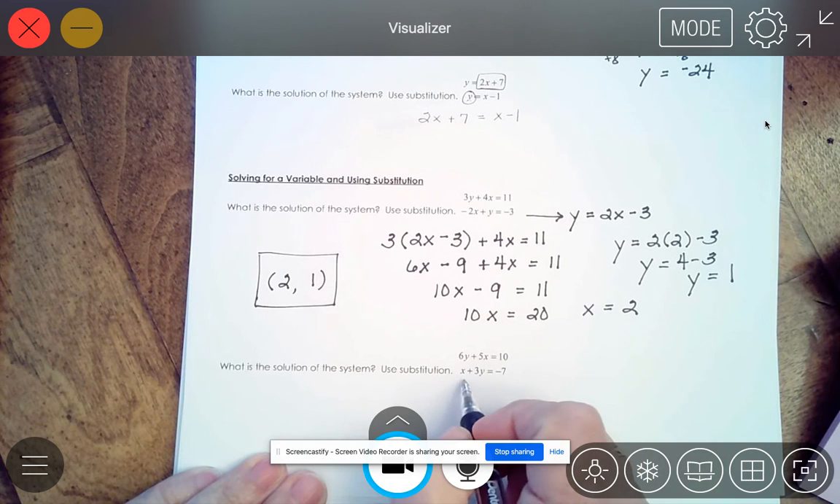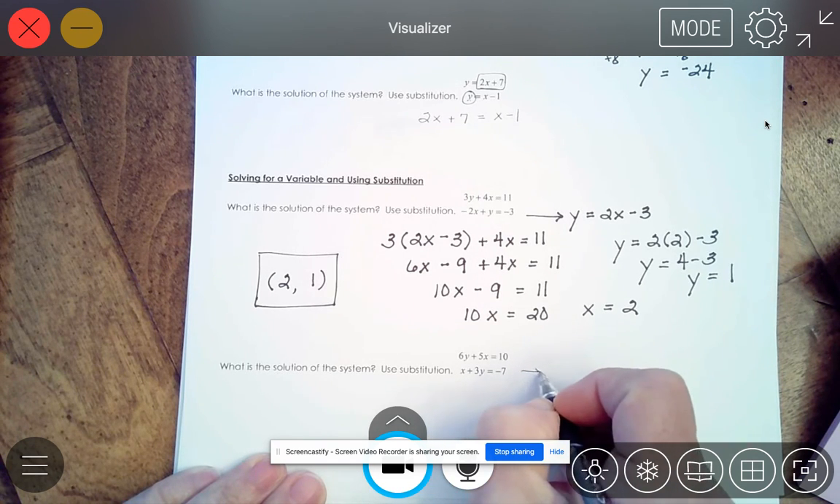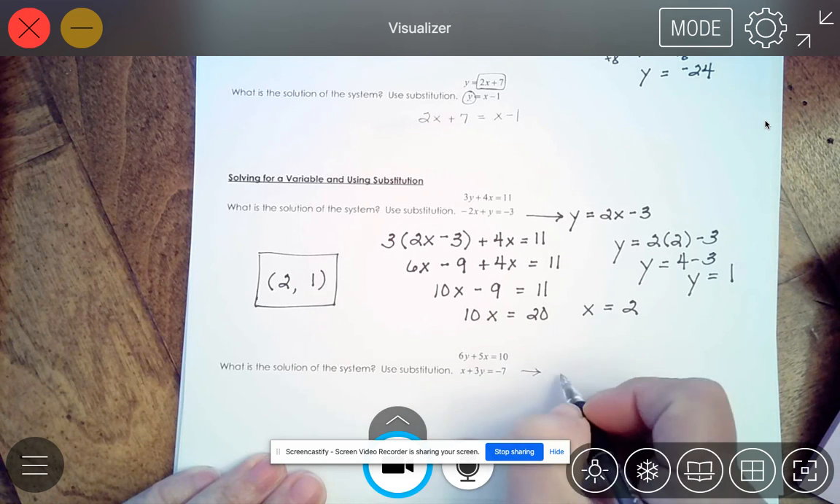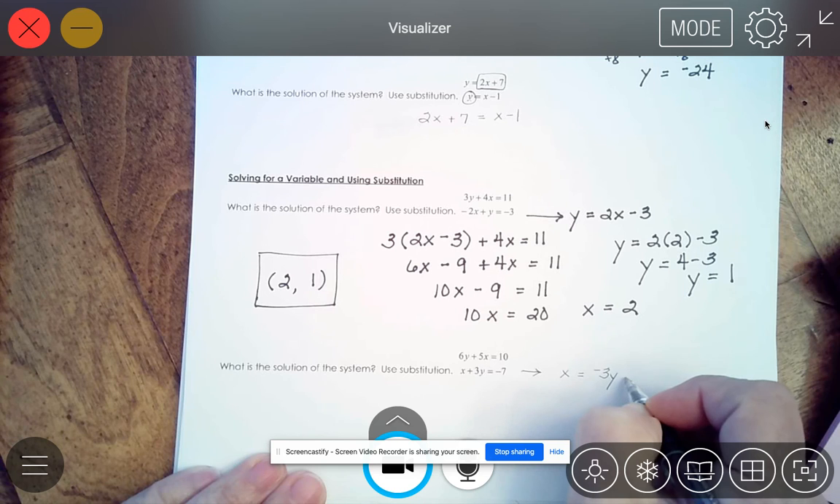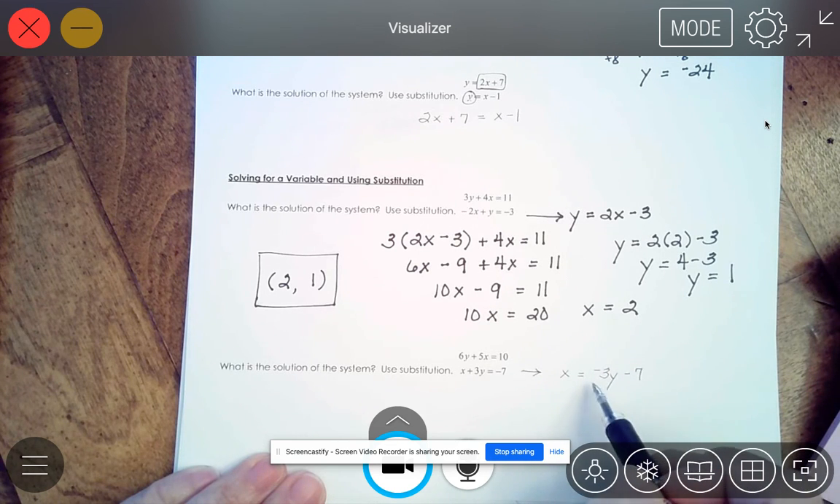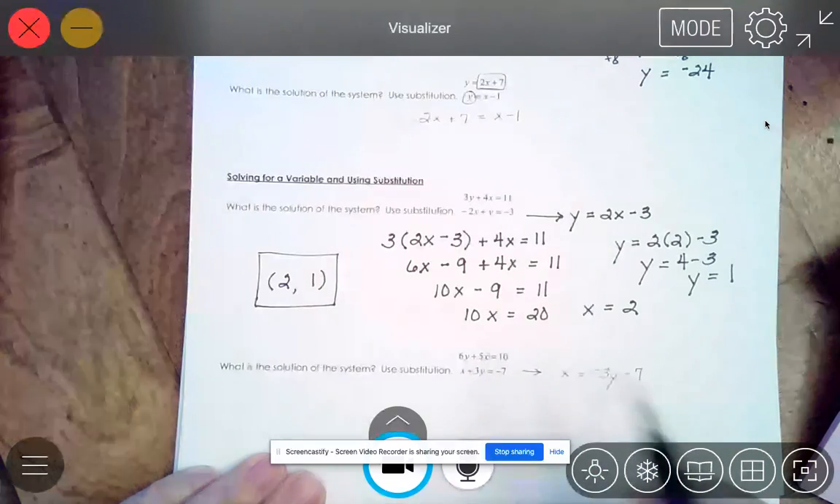I'm going to start this one for you. Neither one of these are an x is equal to or a y is equal to. But this one right here, I have 1x. If I subtract 3y from both sides, I have x is equal to negative 3y minus 7. Now I can put negative 3y minus 7 back in here for x and solve that,